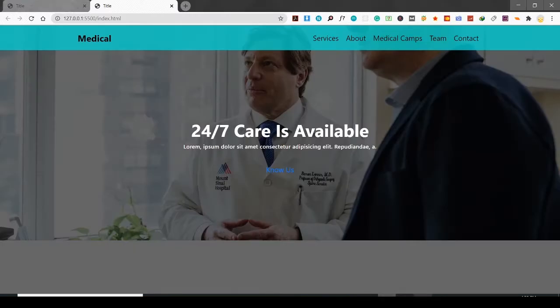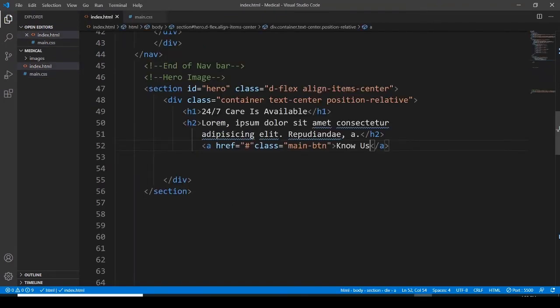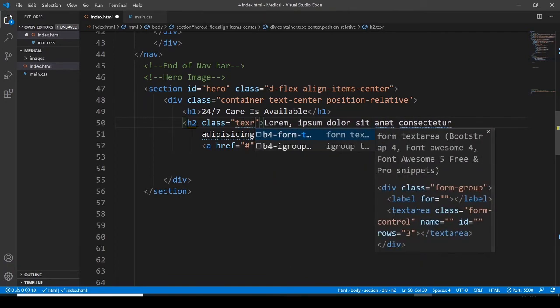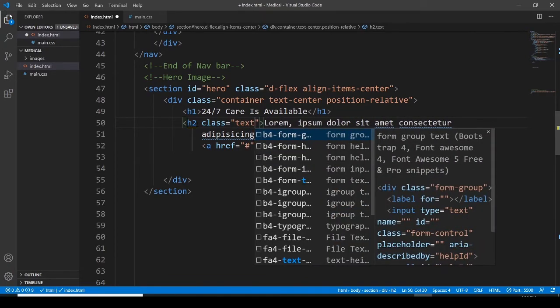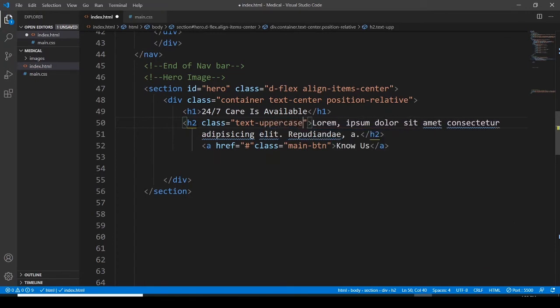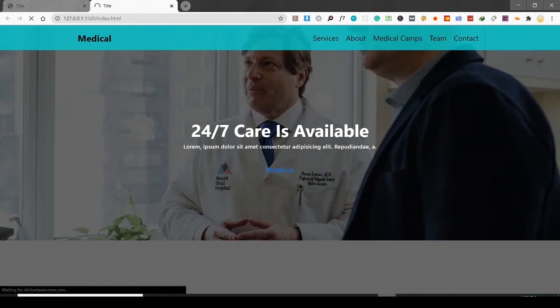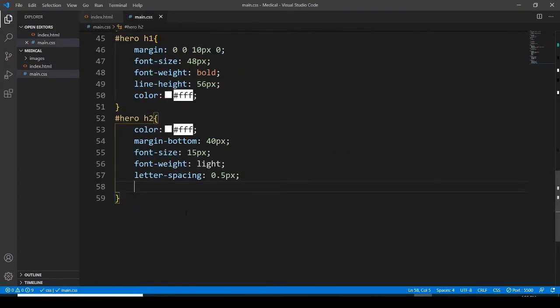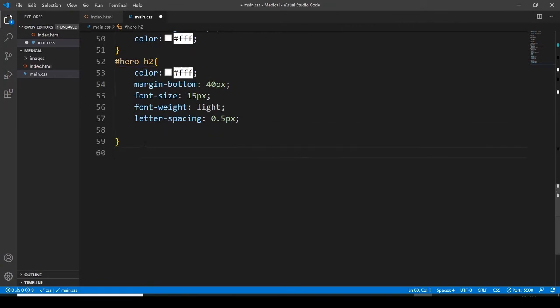Okay, so text is here, this one I want to use a class text-uppercase, and here we go. Now the next thing what we have to do is button. So let me bring it here and main